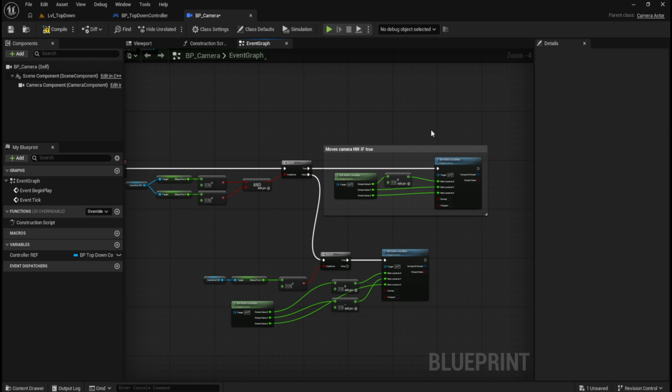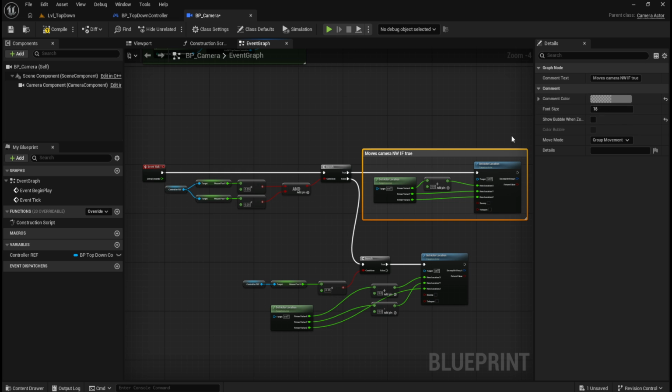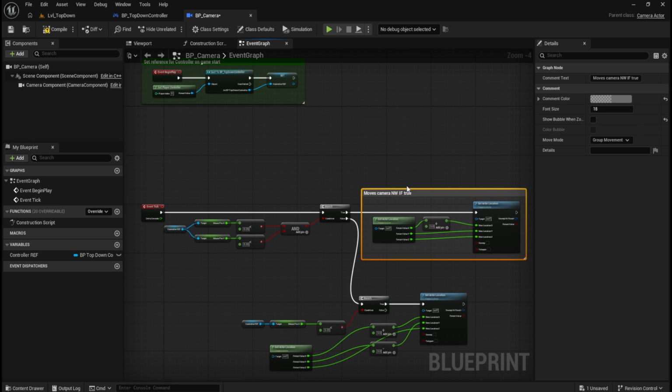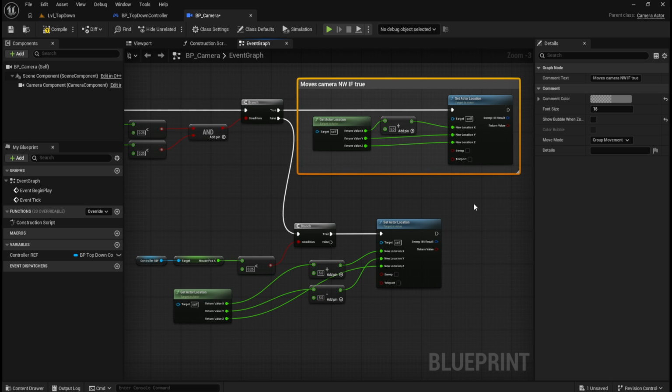I'm going to use the coordinates northeast, southwest, northeast, northwest, north-south. North-south! You know what I mean? It's just easier. Moves camera northwest if true. So, as opposed to just saying top left, it's just easier using cartography. Yeah, so moves camera northwest if true. So this one,